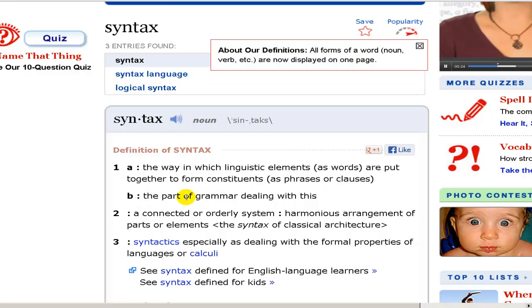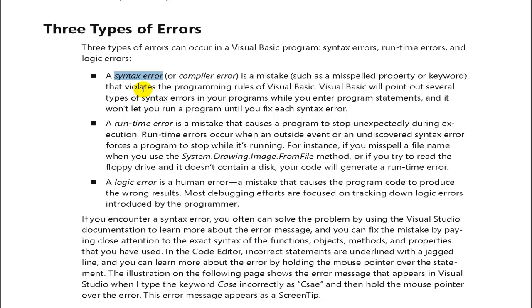And it's also the part of the language dealing with this. Two, a connected or orderly system, harmonious arrangement of parts or elements. Okay, so that's basically what we mean by syntax. So it's the rules that we have to follow in order to create a successful